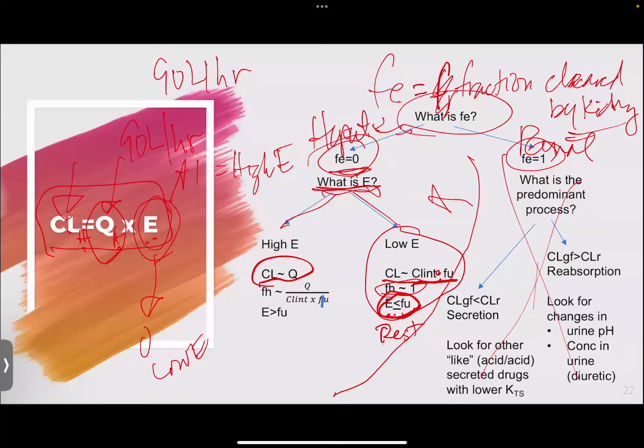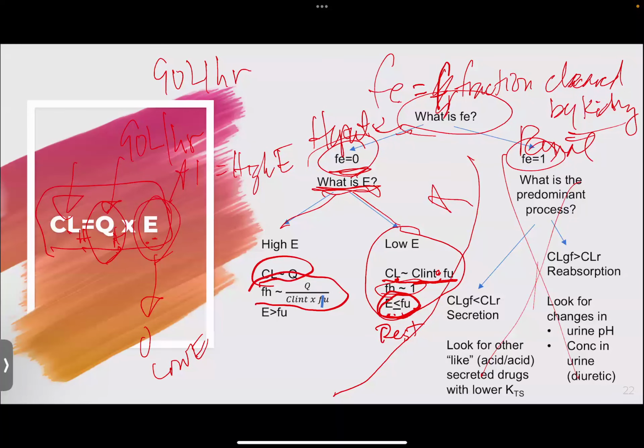High E drugs, clearance is approximated by blood flow. Remember, this is our rusty dairy, the low E. High E is our shiny dairy, where we're just waiting for the drug to come in. We'll take care of it, just get it in here. Okay,